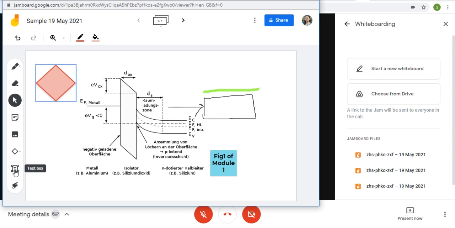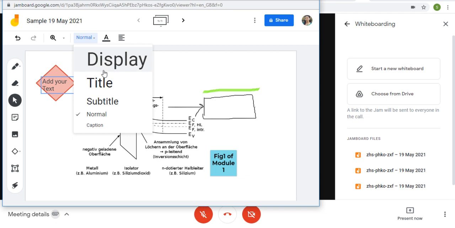If you want to take any text box, then you can just click here. If you want to add something inside this, then you can click and add your text. Okay, you can write like this, add your text. When you are writing, see, this is the text. So here are the options. Normal, this is a style.